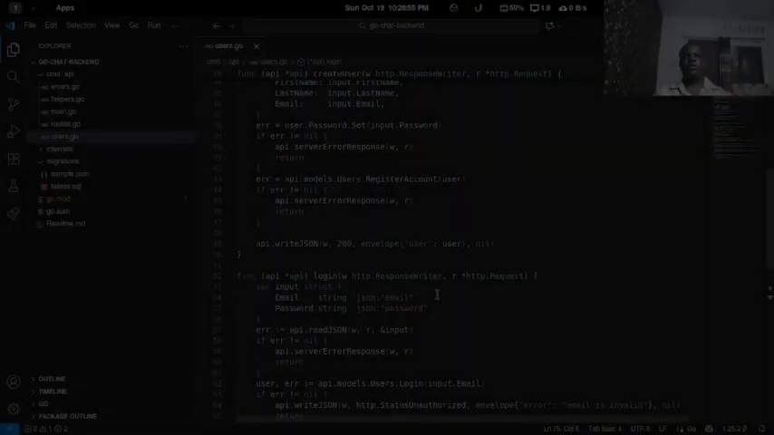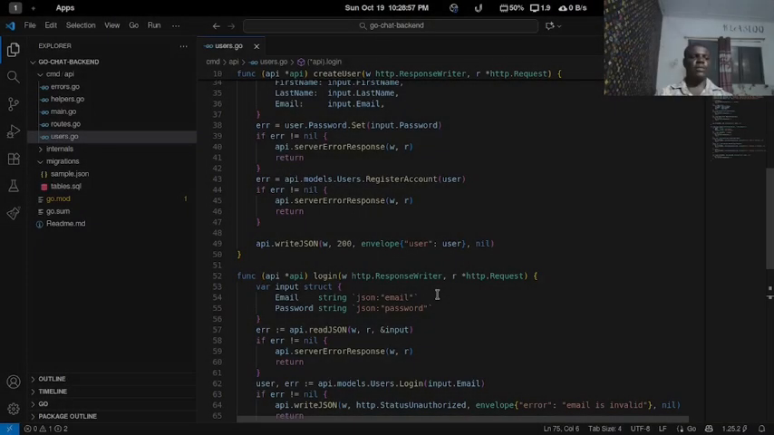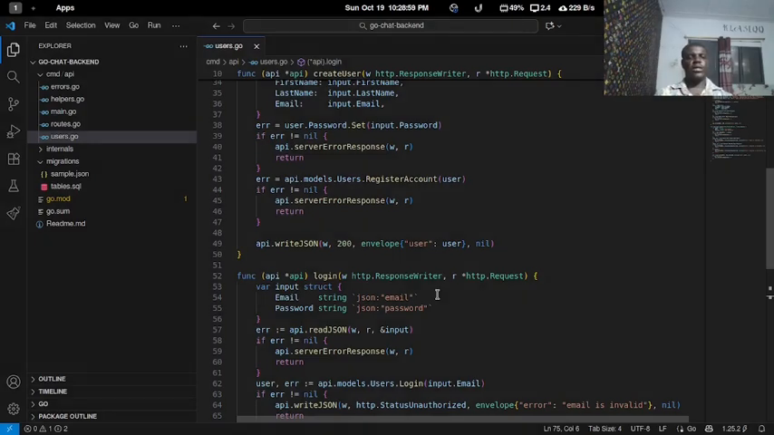Okay, welcome back to the next episode in which we are building a secure chat system. In this tutorial, we are going to,